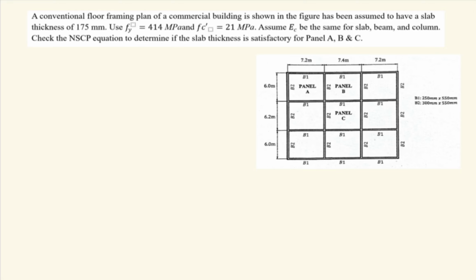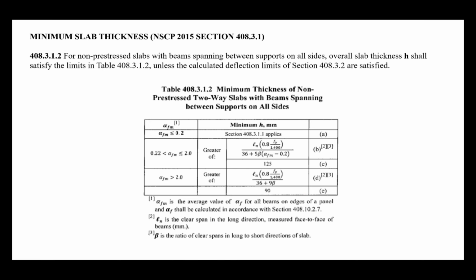This example is about determining whether the assumed slab thickness of 175 mm is satisfactory for panel A, B, and C as we see from the figure. To determine the adequacy of the assumed slab thickness of 175 mm, we are to determine the minimum thickness based on this tabulation, from which we see